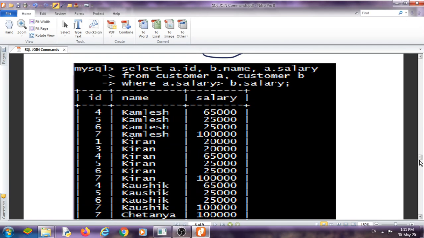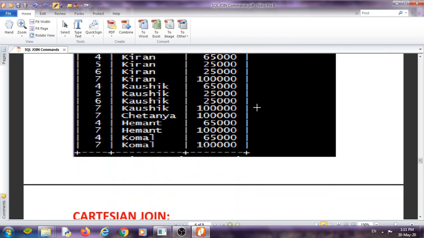We are using greater than here, rather than equal to, so it will display a somewhat different result.